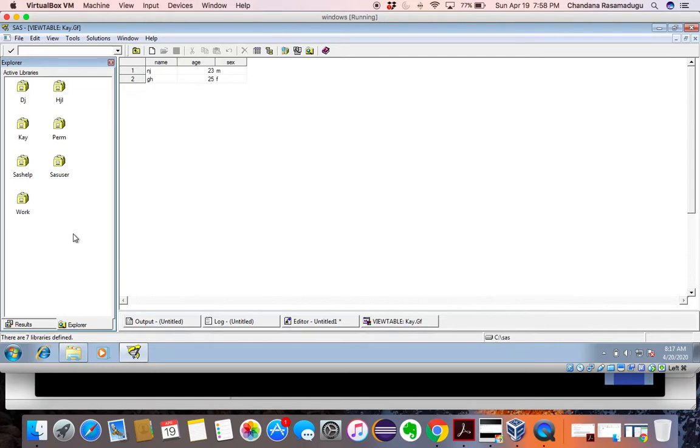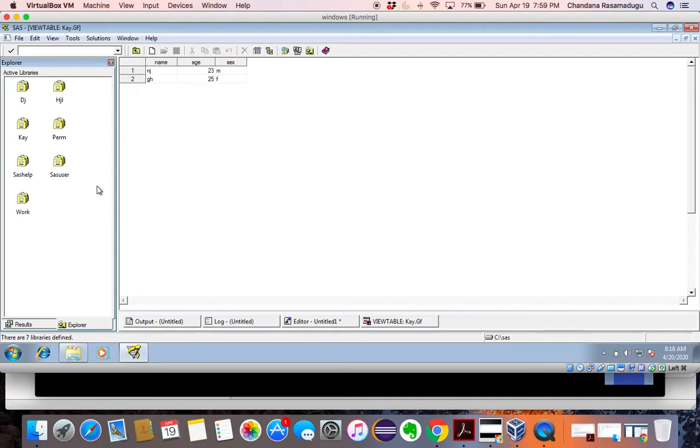And we discussed already, if we end the SAS session and then start the software again, this program will not be in the work library. It will only be there in the work library as long as the session goes on, okay?